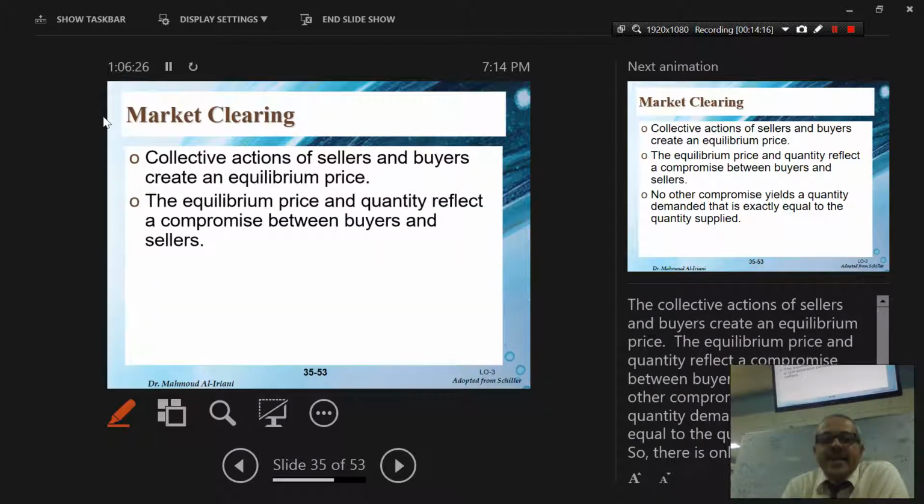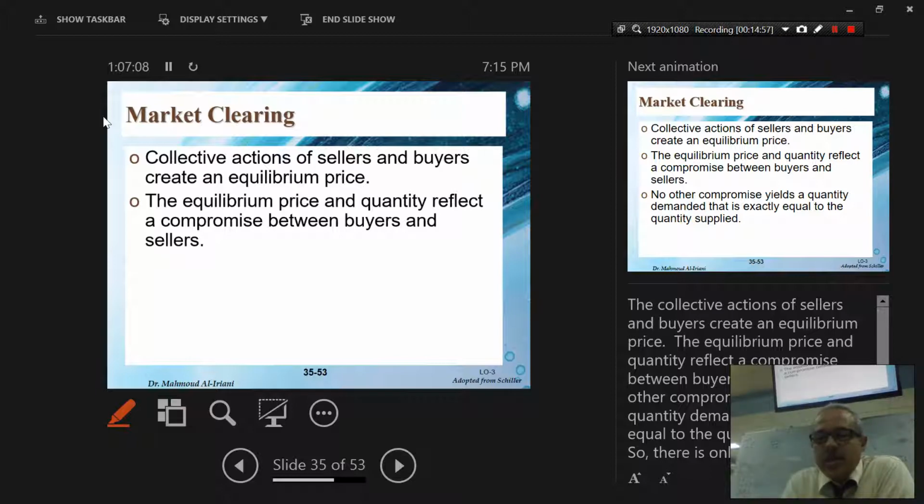Now here, market clearing is the collective action of sellers and buyers to create equilibrium. Every time you go to the market and you bargain, you say, hey, look, there's no one selling, so you have to pay more. That's bargaining to reach an equilibrium. If you go to the market and it is full of tomatoes, and the first one says 5, and the second one says, come over here, I will give you 5 and more, and the third one says, I will give it to you for 4.5, then that's a sign that there is a lot of supply, so maybe we need to push the equilibrium to 4. Do you see? So that's what we mean by market